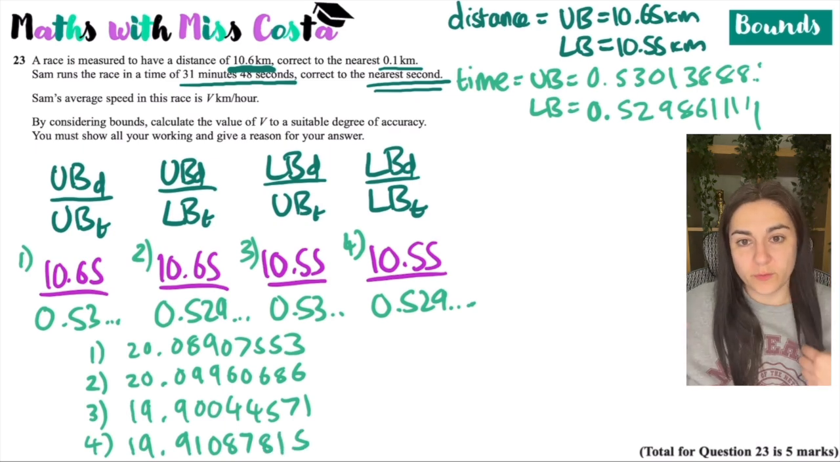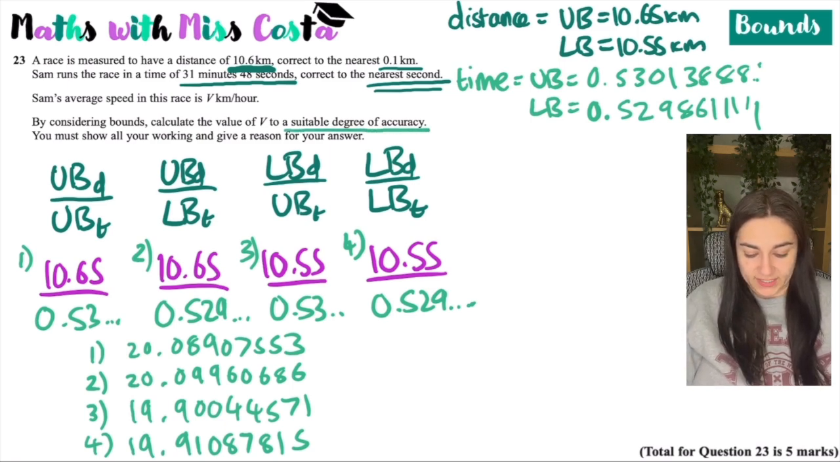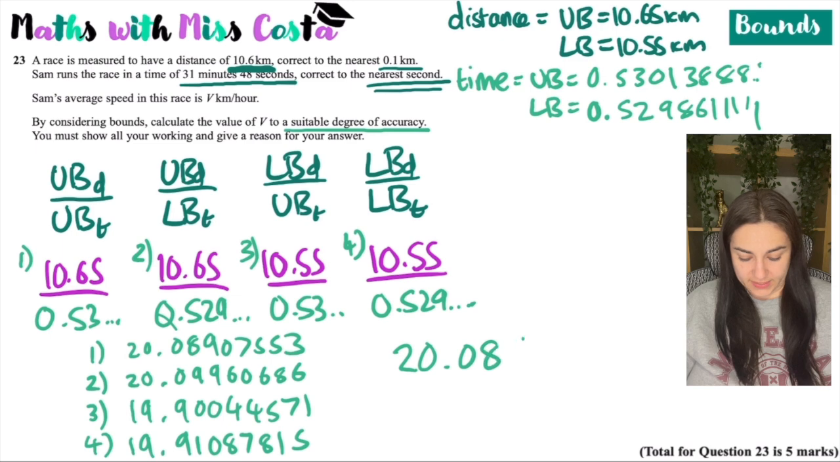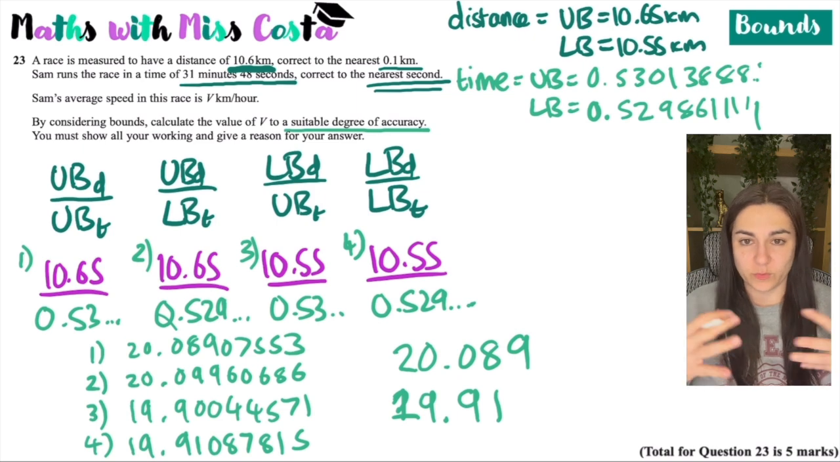So now you've got all 4 possibilities, and you need to calculate the value of v to a suitable degree of accuracy. So what value would satisfy all 4 of these options? Well, if I think about rounding, so 20.089, and then let's just pick 19.91. What would a suitable degree of accuracy be to ensure that all 4 round